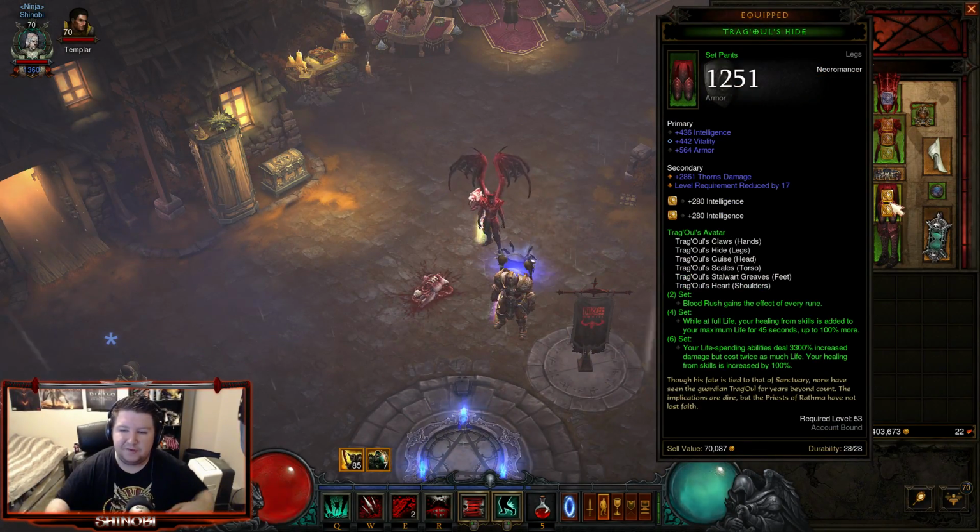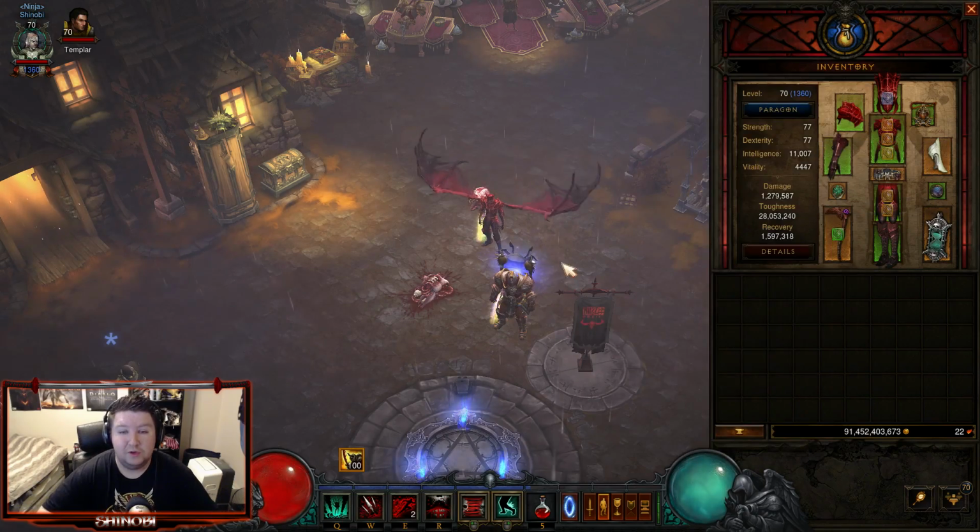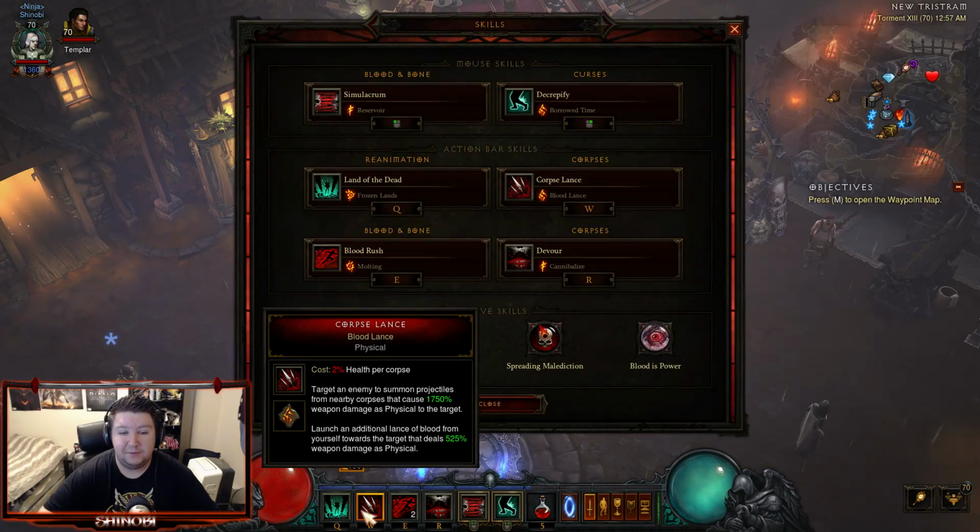Now the 6-piece here, your life spending abilities deal 3,300% increased damage but cost twice as much life. Your healing from skills is increased by 100%. So this is going to allow us to do some really big damage with Corpse Lance, because if you want